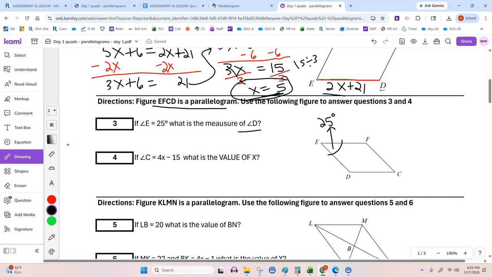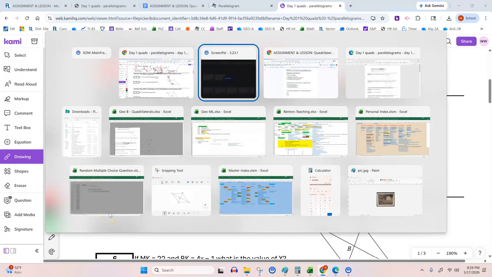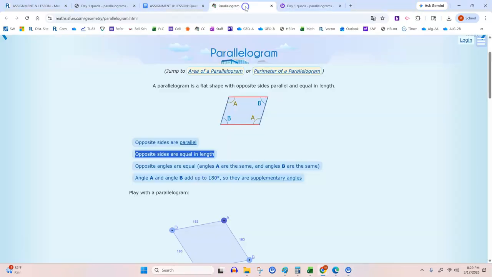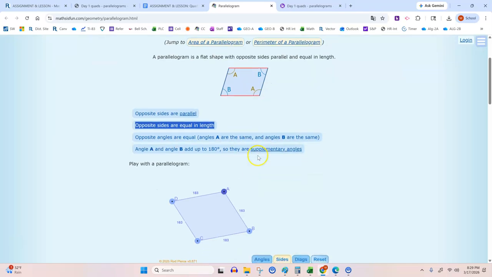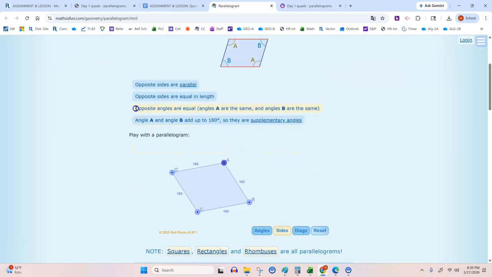Okay, what is the measure of D? Well, D is this one over here. So in a sense, that's what our X is, okay? So let's look at these. How do they relate to each other? Well, if we go back to the website that tells us about it, where'd it go? It's over here. What does it say about angles? It says opposite angles are equal,